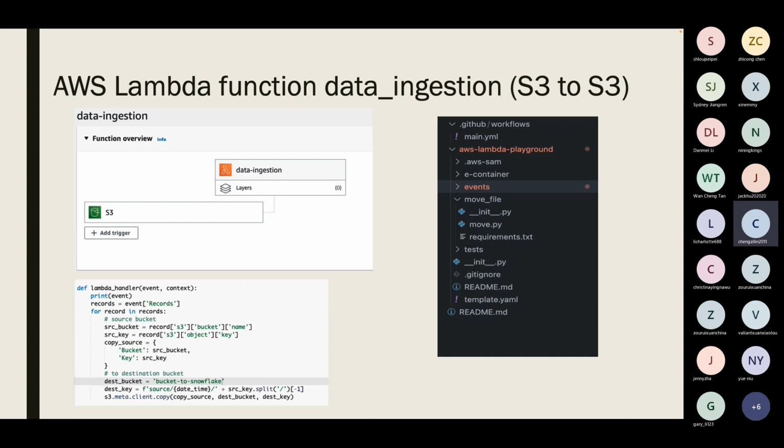The first part is the AWS Lambda function for data ingestion. We use an event trigger with S3 to trigger the Lambda function and then put the data into our data warehouse. This was directly deployed on the